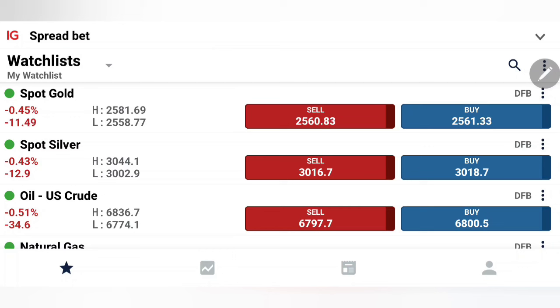What to expect? Can we expect more of a crash here in the metals, as we can see a bit of selling pressure here, or has it come down to an oversold zone and is a possibility of a recovery there? If yes, where to enter, where to exit, how to profit, everything we're going to see with the help of charts